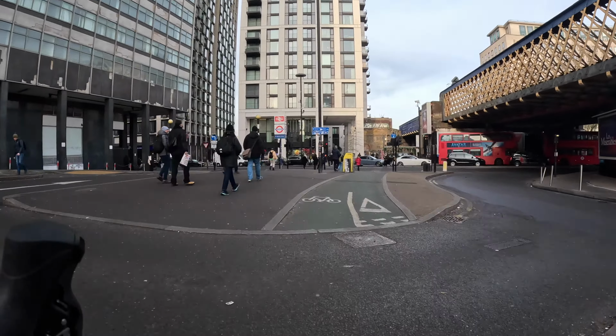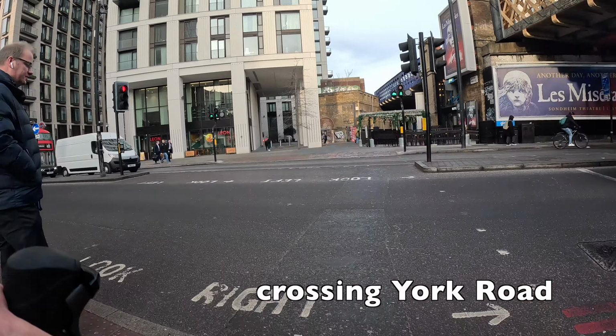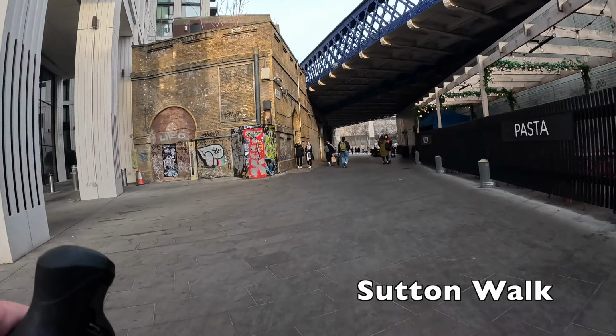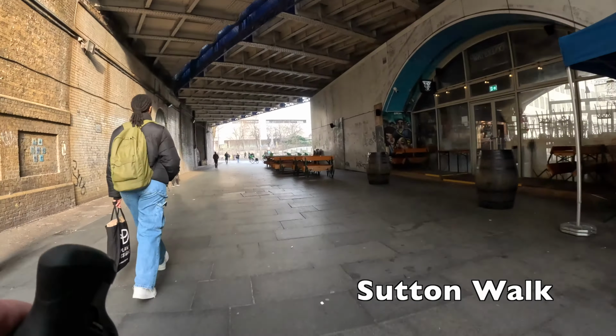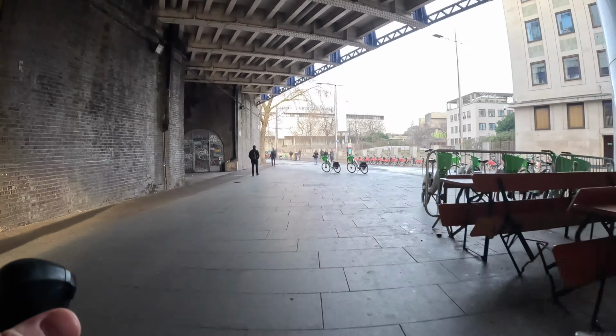Given the number of people walking and cycling here, it would make a lot of sense to separate the cycle and pedestrian paths, but for now we have to do with a shared one as well as a shared toucan crossing which we just went over. The railway bridge above us, by the way, is the South East Main Line running between Waterloo East and Charing Cross. We're then dropped onto Concert Hall Approach, which notably lacks any give-way lines at its junction with Belvedere Road